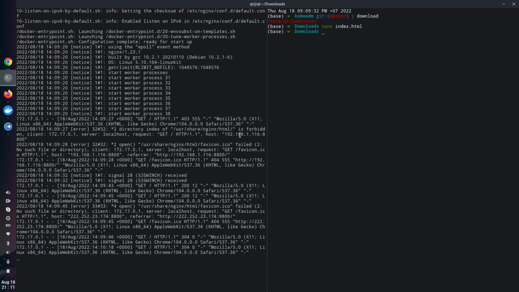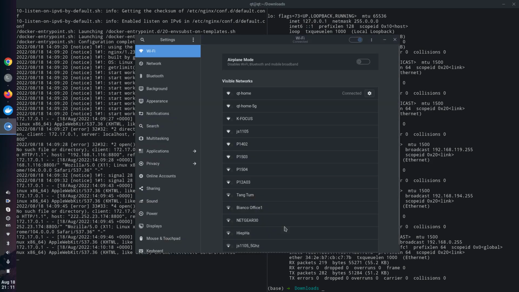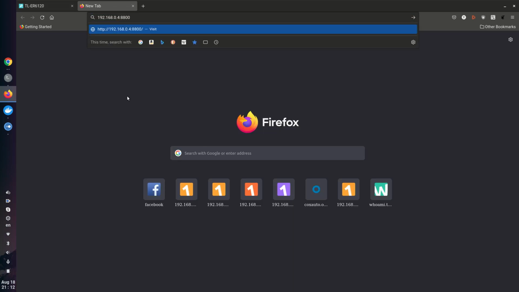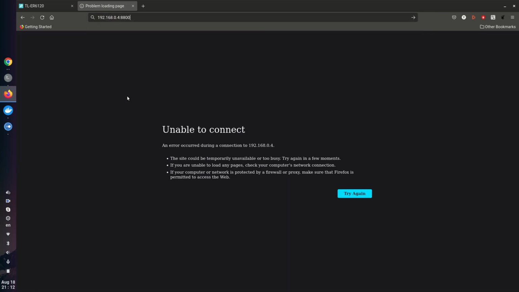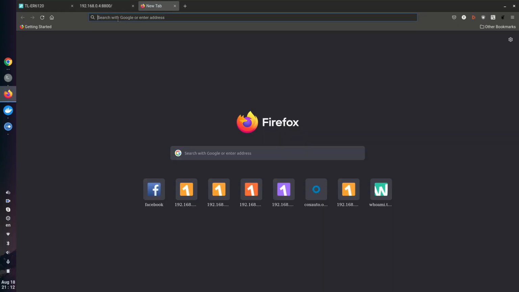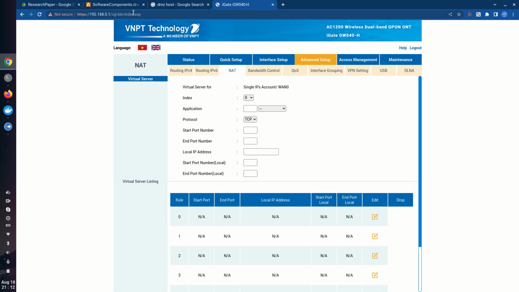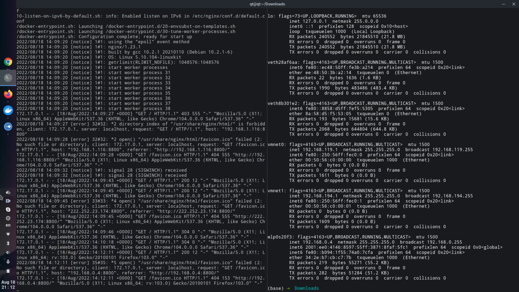So the difference is that now the IP address of this network will be 04. So this is my new network. I won't do it like this, because you will not be able to connect to the port address you want to connect to. So it's not recommended to do it this way. It will fail if your connection is refused. So instead of doing this, I will just